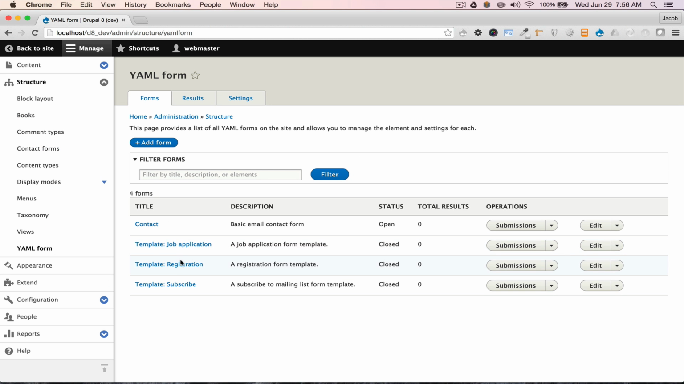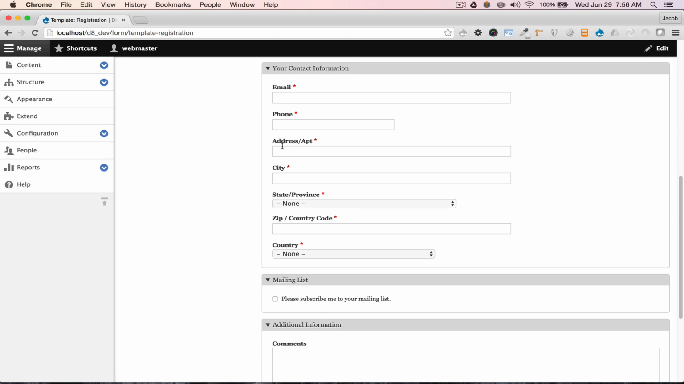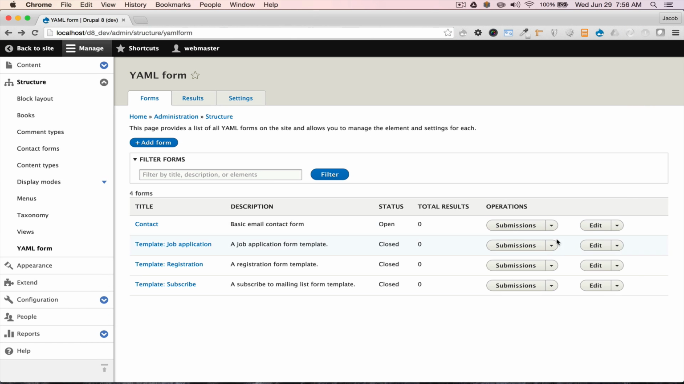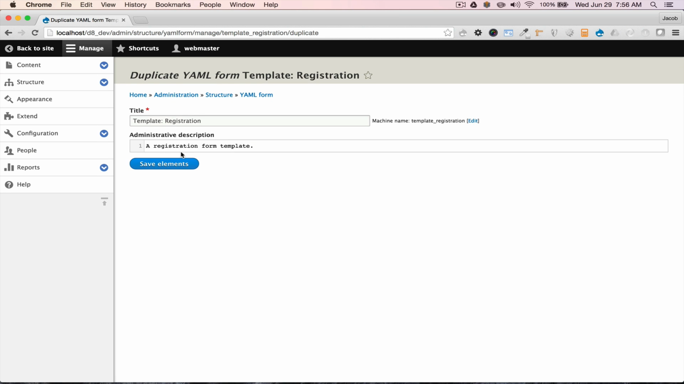So I'm going to go into YAML Form. I'm going to use a template, quick preview of the template, just a simple course registration form. I'm going to click back. I'm going to basically say duplicate, registration form, save. And now we've got our form,